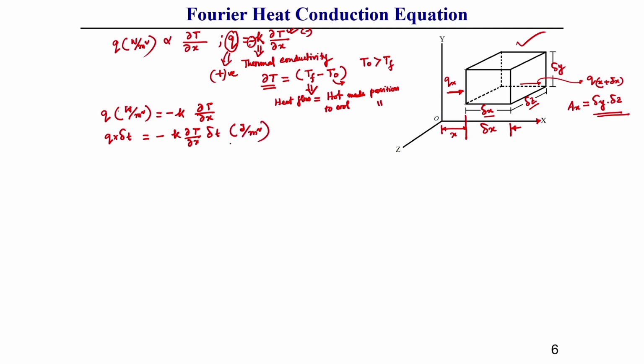This you should keep in mind. So, this I am representing in terms of capital Q x double dot. This is the heat flux flowing per unit area